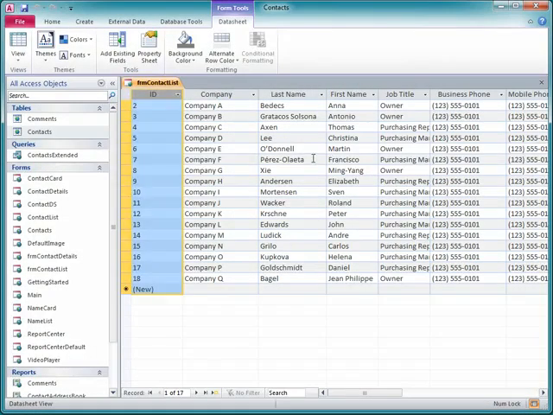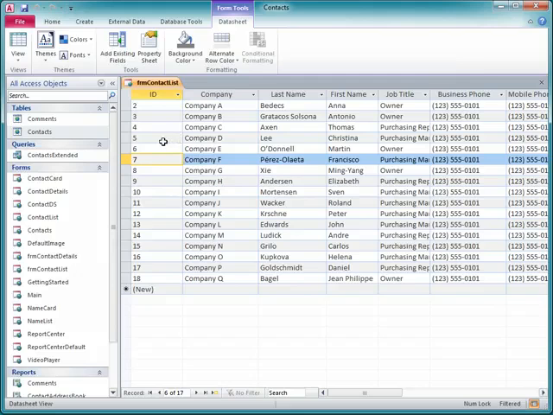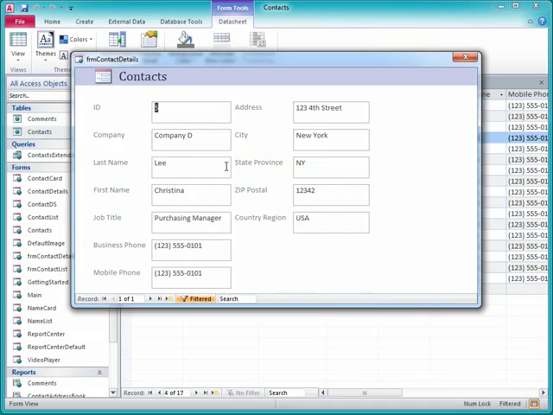In this video, I'll show you how to create a UI macro that opens a detail form when you click an item in a list form. This is a common navigation design in many database applications. The list helps you find a record quickly, while a detail form often provides a more readable format for viewing